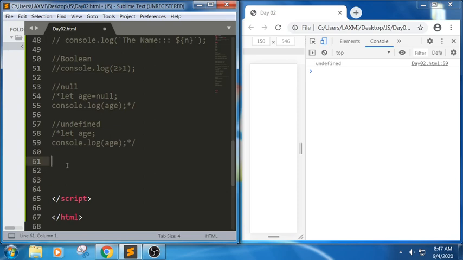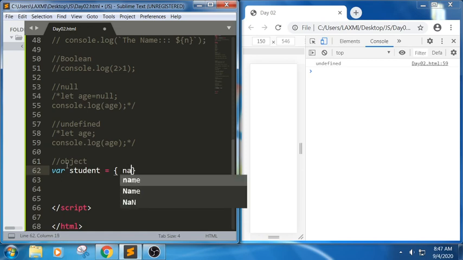Now let us look into the next data type. So these are the list of data types which we will be using generally. Apart from this, we will also use object, function, and all these things. Let us have a basic intro on it. Object is denoted using the keyword var followed by object name followed by key and value pair. In the further sessions we will discuss much more about it. For example, I am trying to use variable student. Here the object name is student, and we are trying to use a key and value pair.